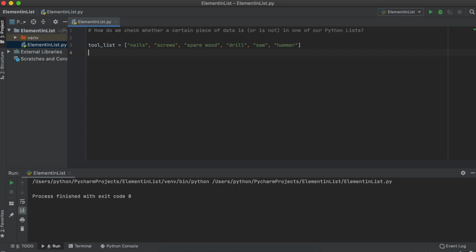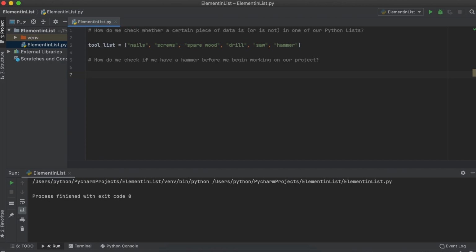Obviously this is a short list and bare bones code. However, imagine that we had a massive list where it would take a long time to scan through every item in our list. How do we quickly identify if the string hammer exists within our Python list? Well, we can use one of the Python keywords, in, which allows us to simply search for a given value in a Python list, and it will return us a Boolean value, so true or false, based on if the item exists in the list or not.